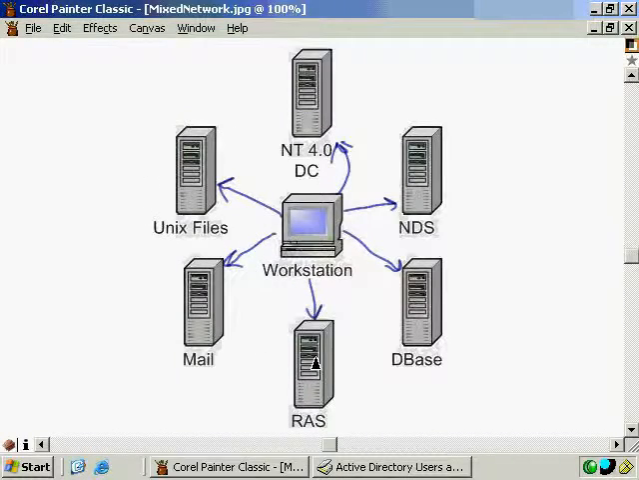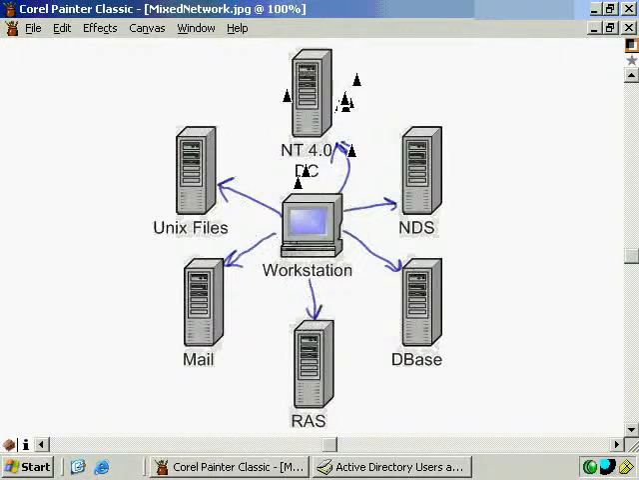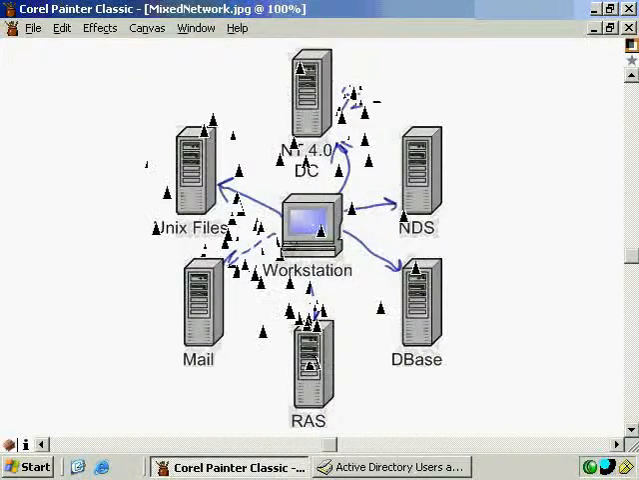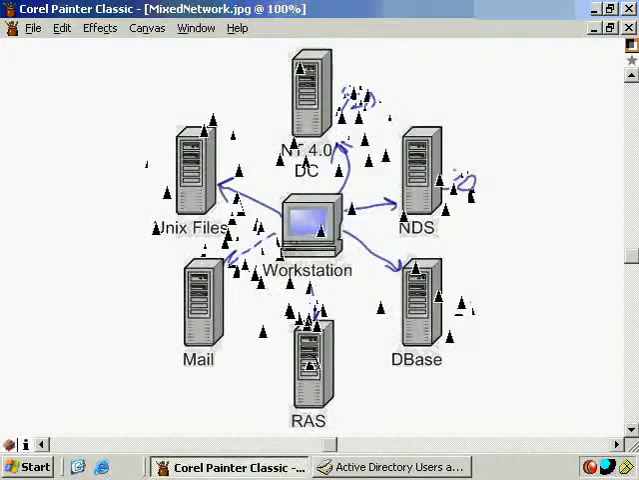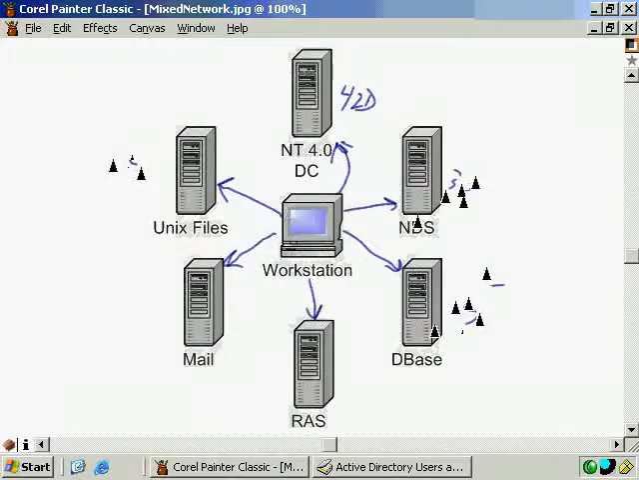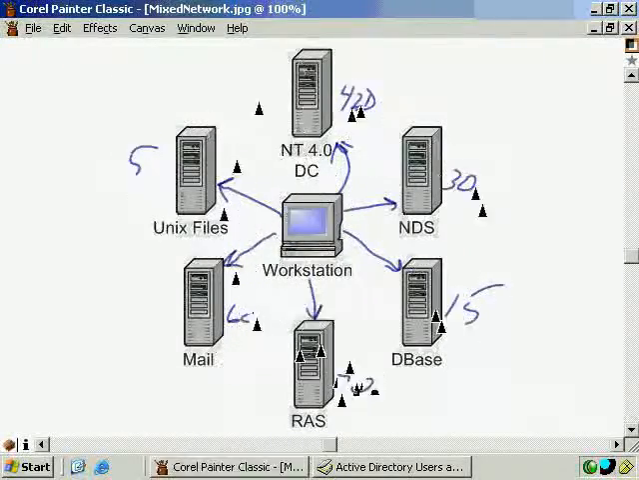And then you have another situation. What if the password duration for this NT4 domain controller expires the passwords after 42 days. But in NDS, it expires after 30 days. And here in this database, it expires after 15 days. Then we've got 5 days over here. That's pretty low, but anyway, we've got 5 days there. We've got 60 days here, 90 days here. So you've got all different kinds of expirations going on here for the number of days that pass before the